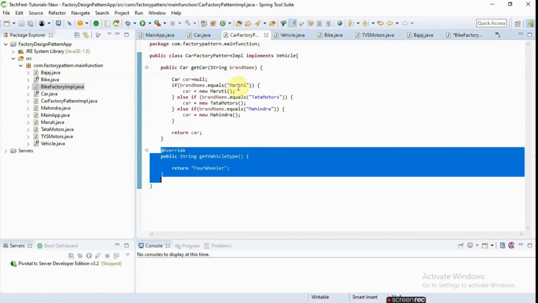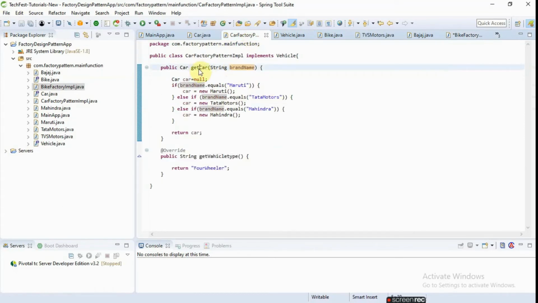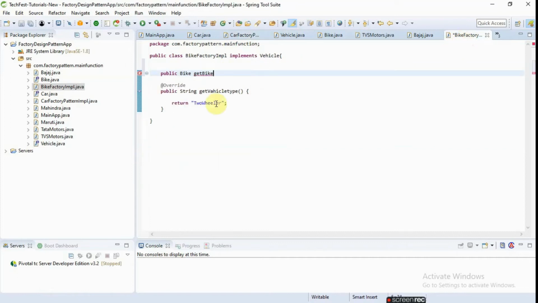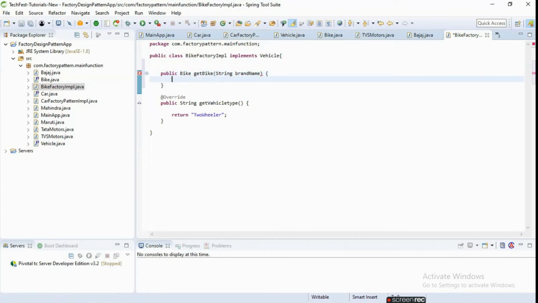Similarly, like car factory has a get car passing a brand name, we are creating the same type of method, get bike, passing a brand name and returning a bike type object.